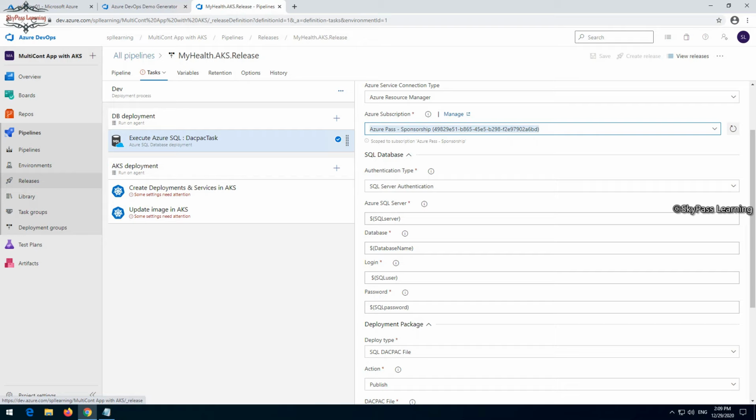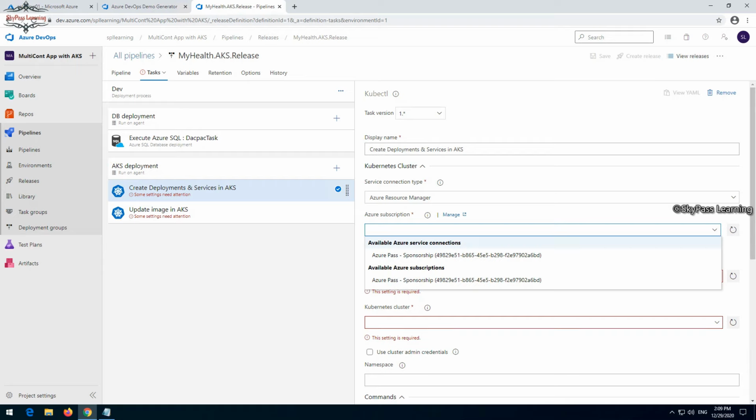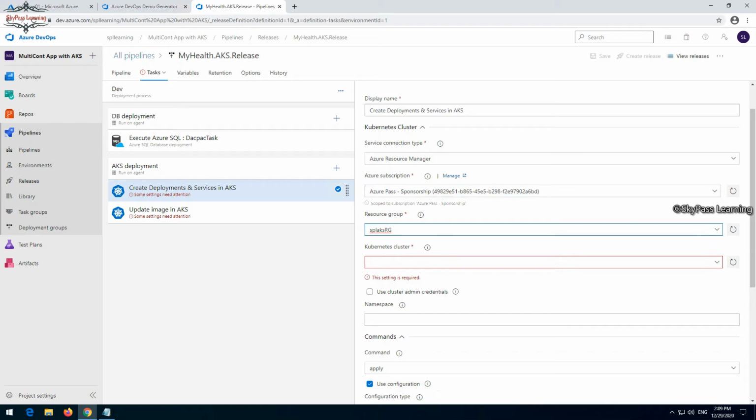Choose the second one, which is the task create deployment services in AKS. Some settings require attention, so it's basically asking for attention. Just select the same. It will ask again because we have already authorized this service, so it's giving this option. I'm just selecting the things here